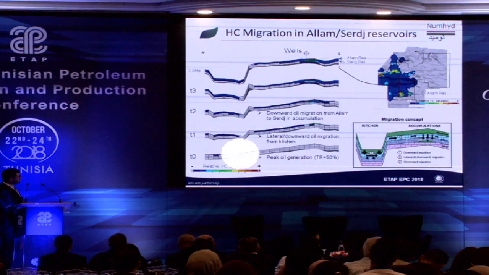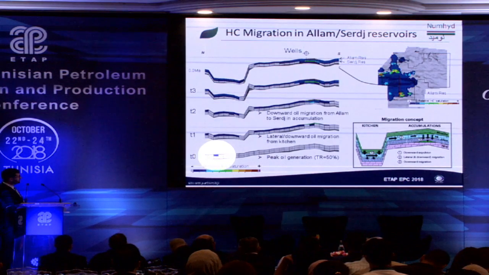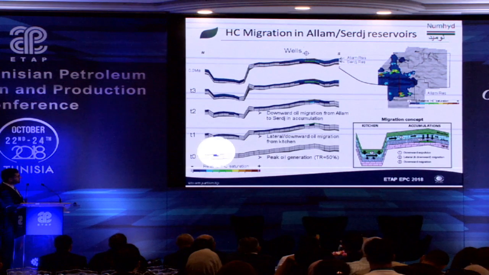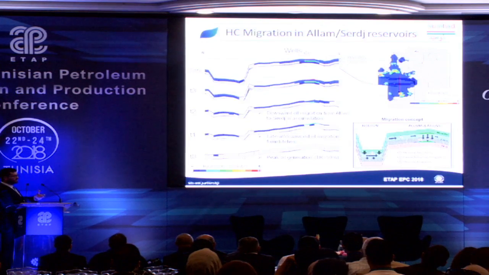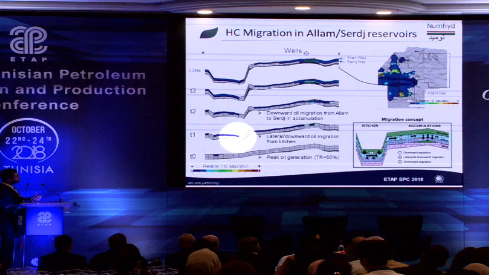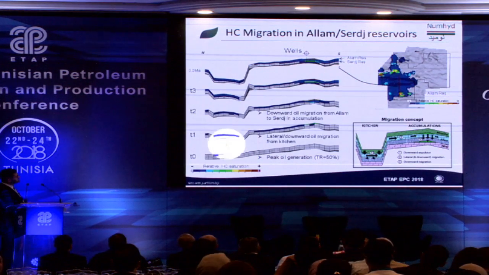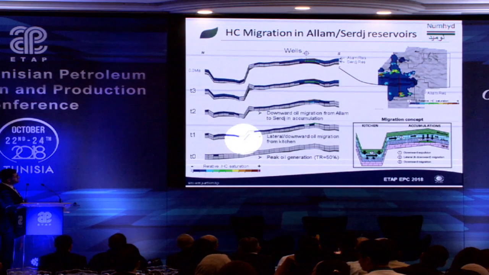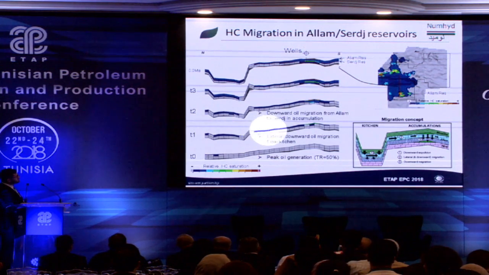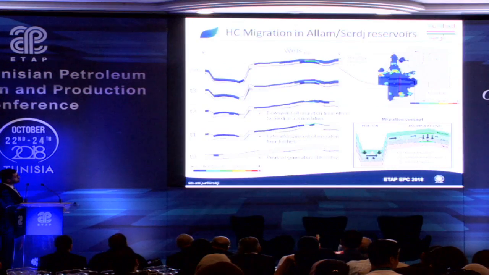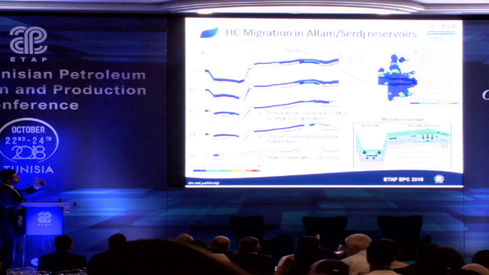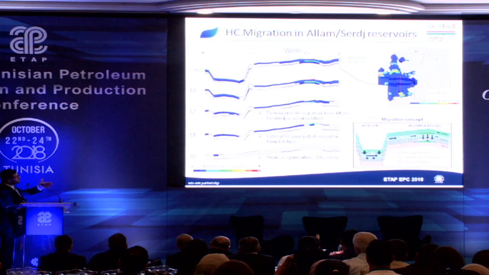You see that at T0, I have some blue colors here in the uppermost layer, which means that we have some hydrocarbon saturation in the Alam reservoir. And if you continue in T1, T2, etc., you see that this saturation in the Alam reservoir continues, but you also observe that you have some lateral migration inside the Alam reservoir, and probably Alam Seal and Serge reservoir,